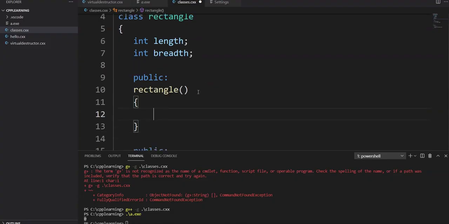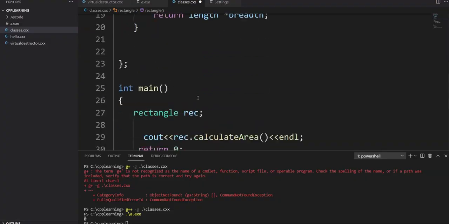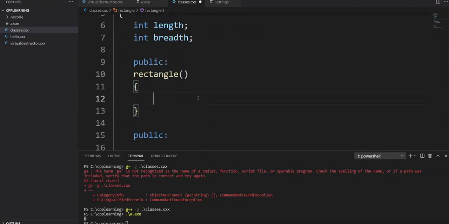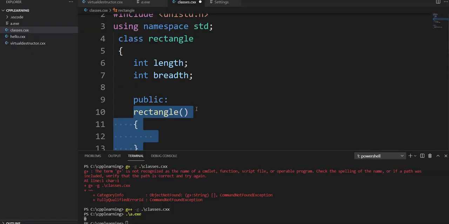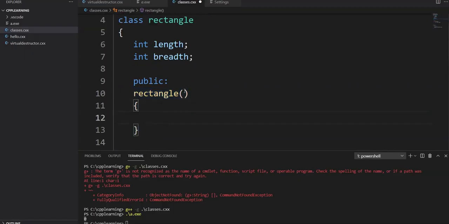In our last video we have seen destructors get invoked when an object is destroyed. In this video we also learn what constructors are. A constructor is a simple method without any return type. This is the syntax of this constructor, and we can initialize our